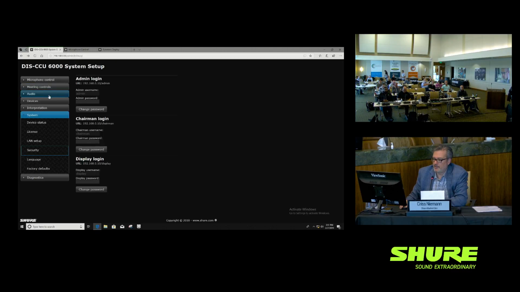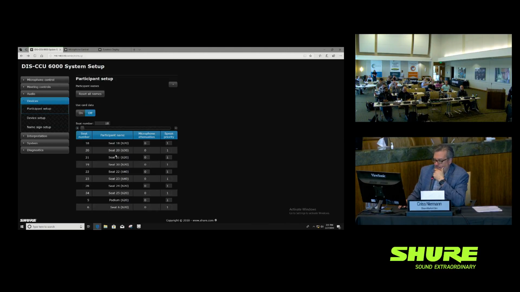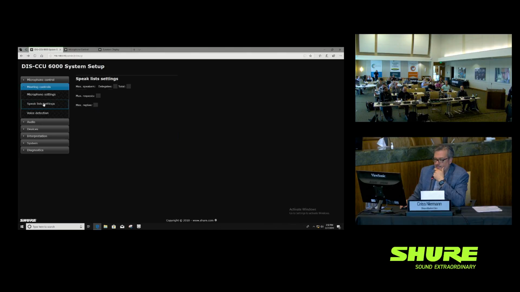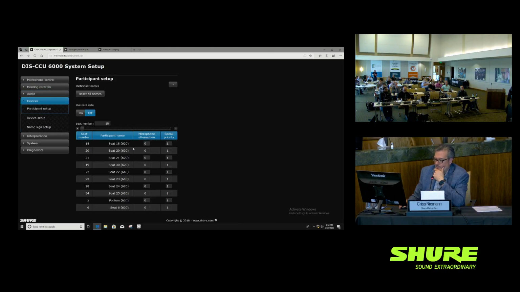I got to go over here to devices, device setup, participant setup, and I am seat 4, I mean, scroll by seat number. I'm still in the wrong place, sorry. Devices, participant setup, this is where